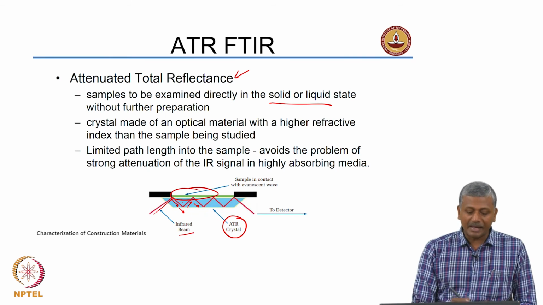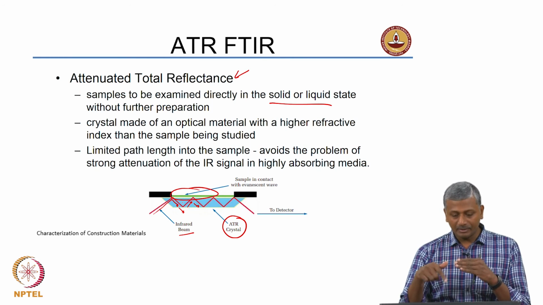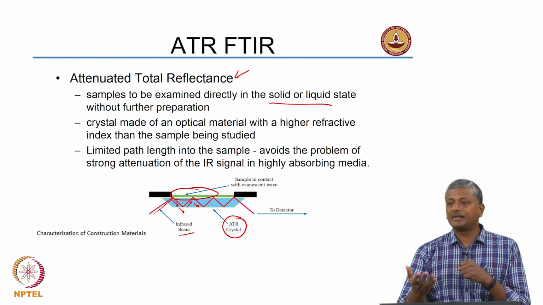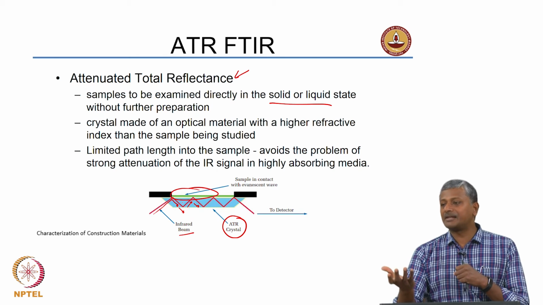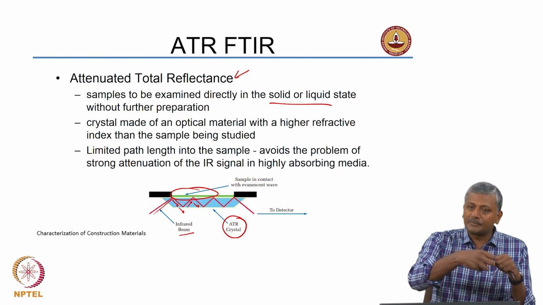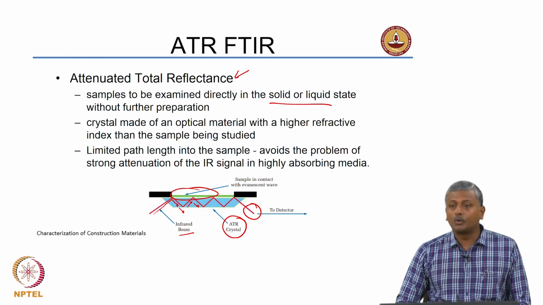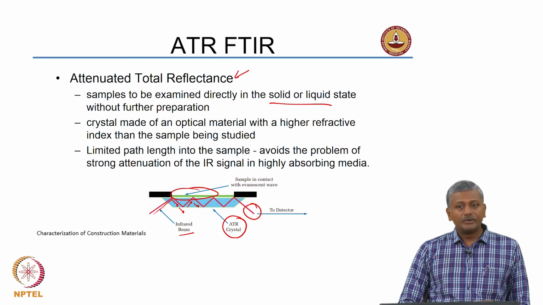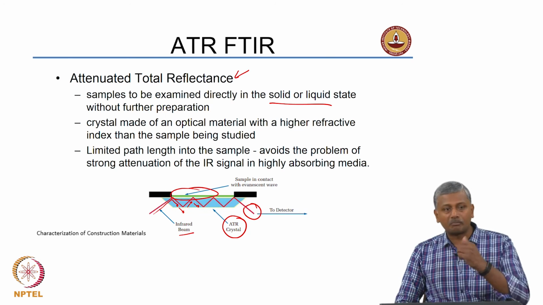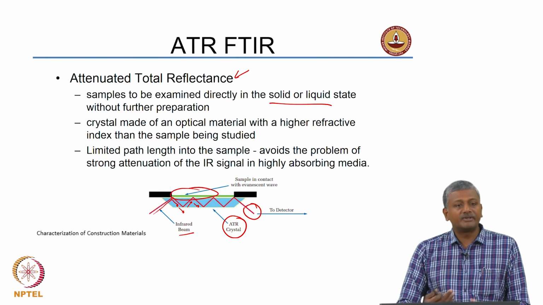So, here your sample is actually reflecting the IR, which is then transmitted to the other side by total internal reflection through the ATR crystal. Now, how is the sample getting detected? Because you are getting the reflectance signals, that means some amount of the IR energy going into the sample is getting absorbed, some wavelengths are absorbed while others are reflected. So, when you analyze the outgoing IR wave, you can pick out the wavelengths that have been transmitted and the wavelengths that have been absorbed by the sample. That helps you study the sample without doing any further sample preparation.